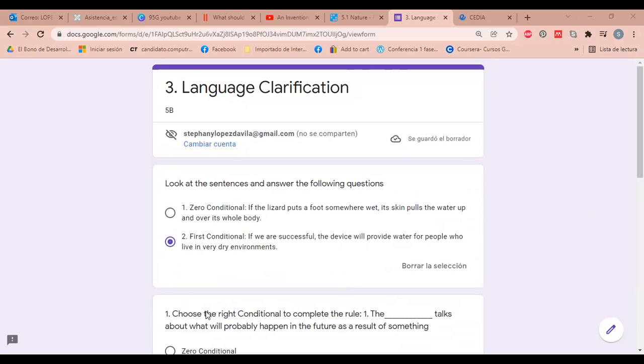So we can start with the explanation of zero and first conditional. Can you see the link on the chat, guys? Yes, teacher. Okay. Open the link and enter to your groups, guys. You're going to have 10 minutes to discuss and to complete the rules.